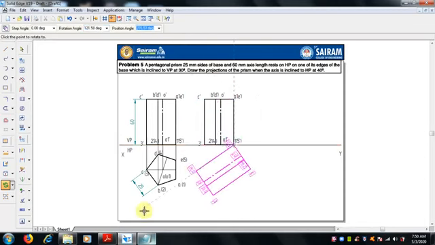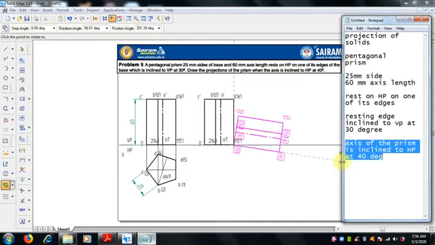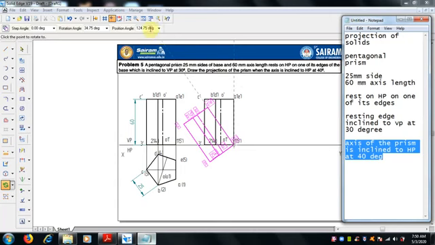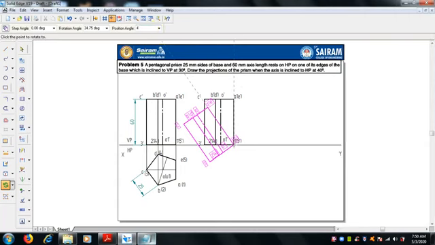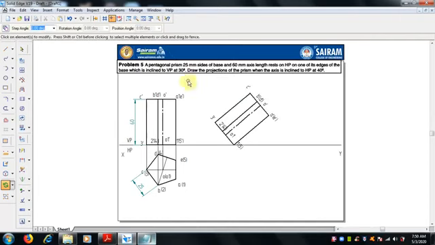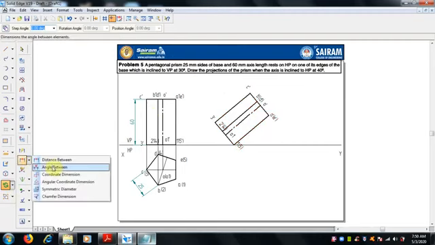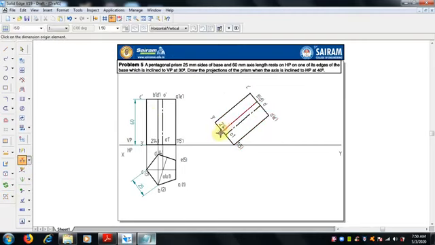So what is the angle given? The axis of the prism is at 40 degree. The same 40 degree we can give, since the prism's axis and the side are parallel, we can do it, but in case of a pyramid it will be different. So the angle, once we can check this, the angle between this is 40 degree.